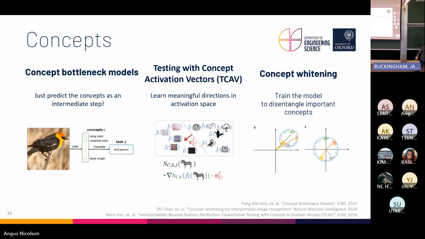Or you have concept whitening, which I see as somewhere in between these two, where you do use these labels during training, but you don't need them for the whole data set. And you encourage your model to treat the concepts as separately as possible, to try and disentangle them. So in activation space, it has this very clear direction, which we can look at, which means the type of beak. This very clear direction means the wing color. But it can still learn all these other concepts which we haven't necessarily included. So it could be a more powerful model.